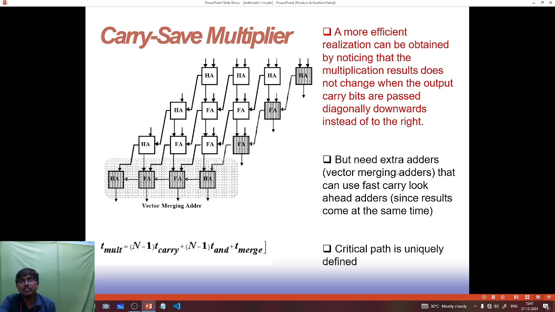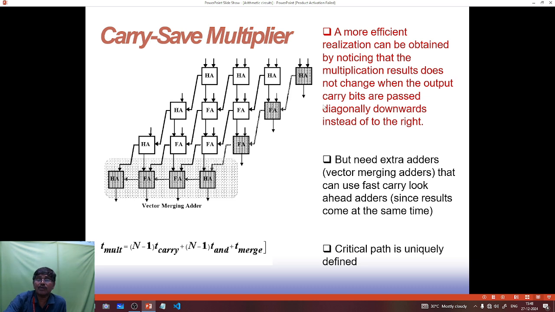And the carry save multiplier. So we already discussed the carry save adder. The carry is the main problem when you are processing addition operations. Whenever an addition operation comes, the delay will be based on the previous adders. When you are minimizing that delay, the time proportionate to the carry will be minimized. So carry save